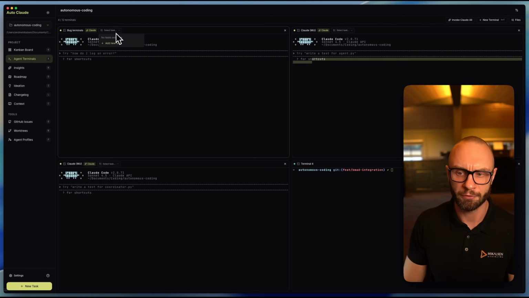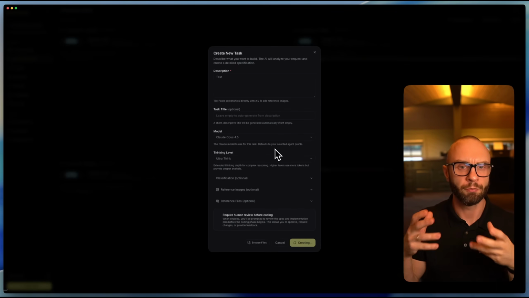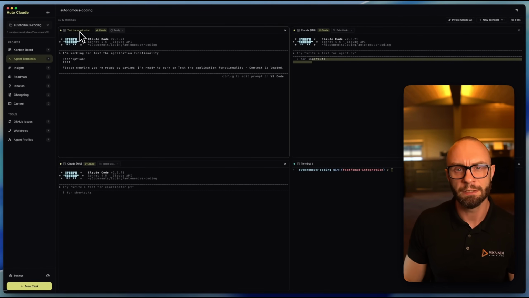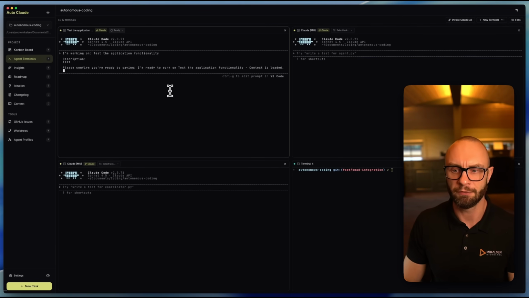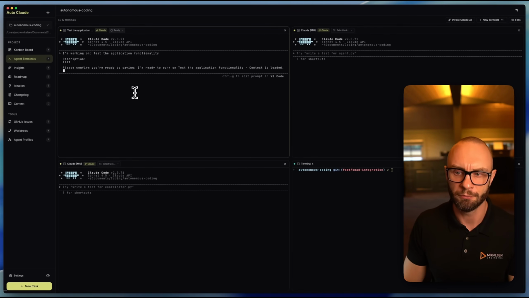And there's also a smart functionality here in that you can add tasks straight from the terminal view, and you can reference them basically like this, and it will rename the terminal into the task description, and it will also give the description straight into the Claude Code terminal, so you can quickly start new tasks if you have planned out things but don't want to utilize an AI system with everything happening in the background. You want to be more hands-on. This is the system that allows you to do that.